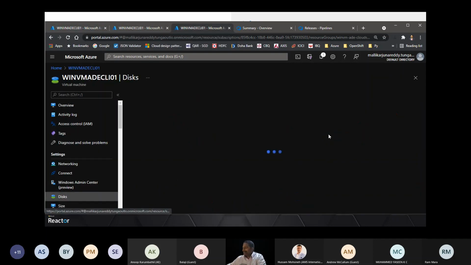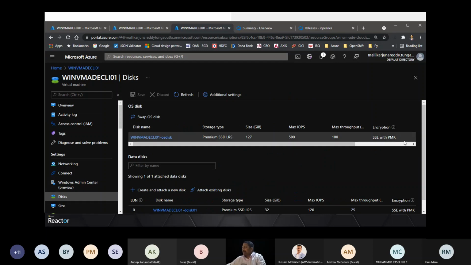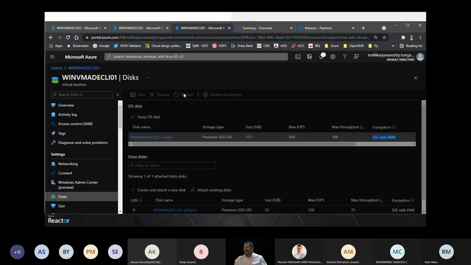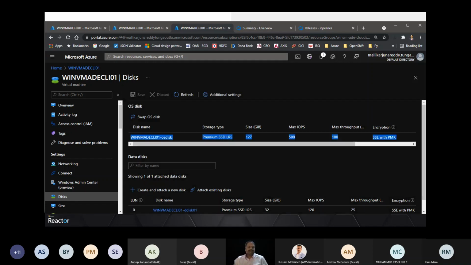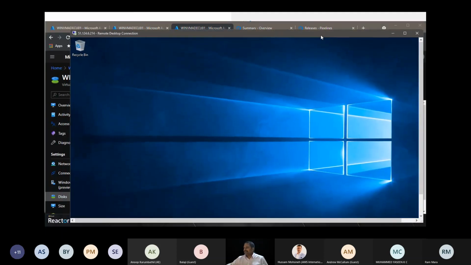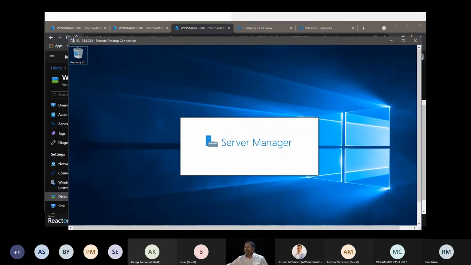And if you see the disks, right now the encryption status is server side encryption with the platform managed keys.